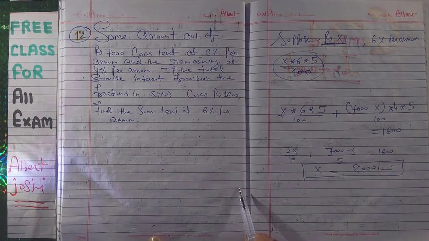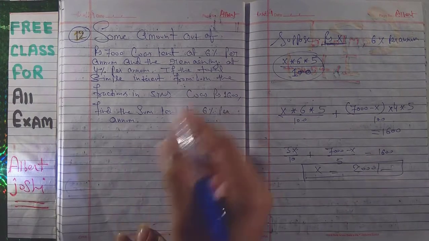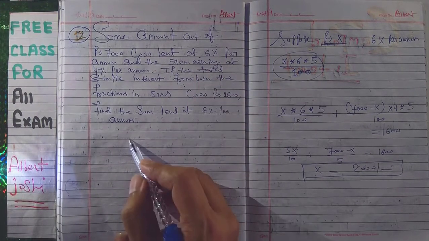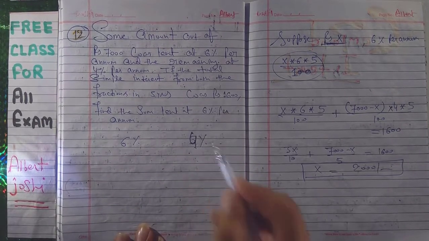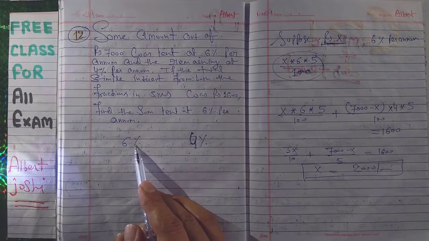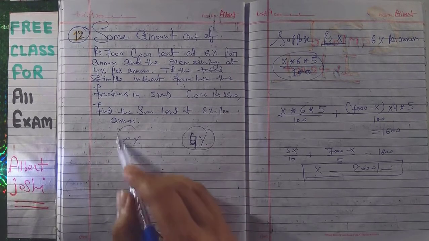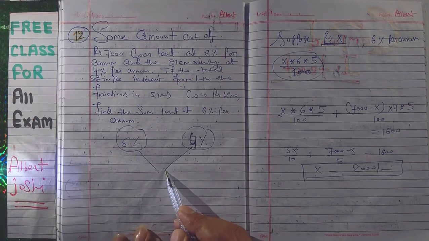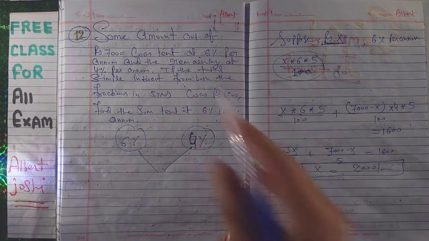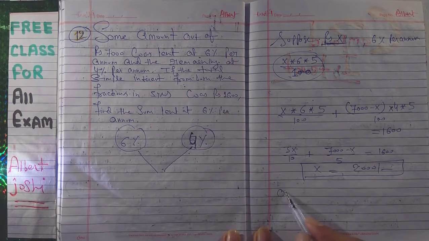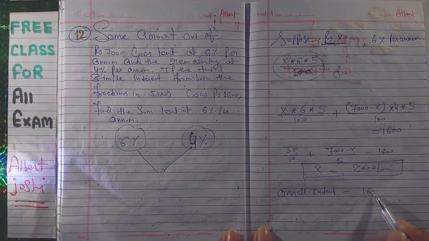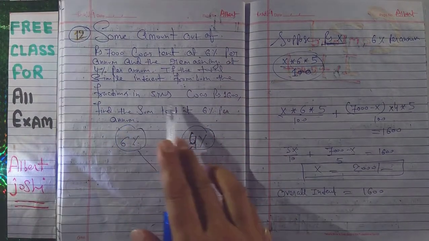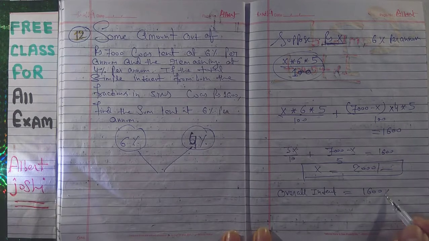Now I will solve by another method, that is the allegation method. So you have two parts. The first part you have given at 6%, and the second part at 4%. What is the mean value? You have to find the mean value. For that, find the overall interest. Overall interest is 1600 rupees into 100